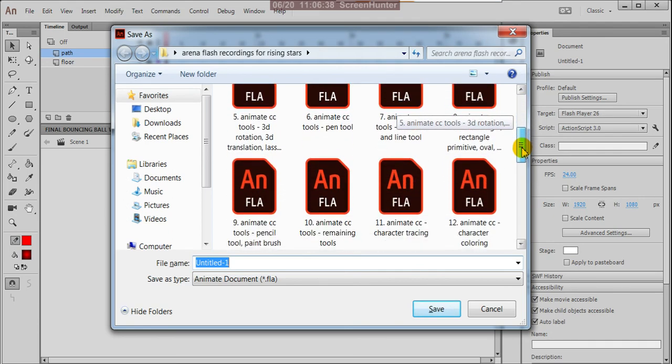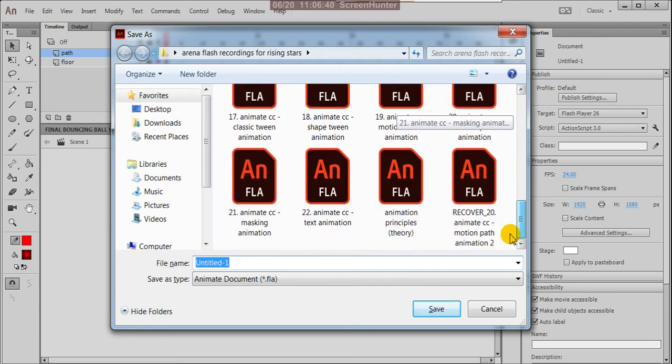Give the name, the assignment number is suppose 23. This is 23. Name is bouncing ball action.